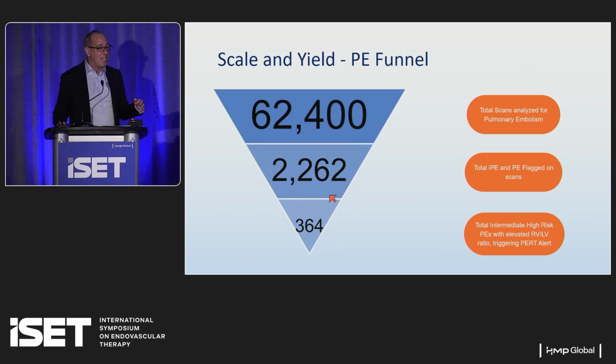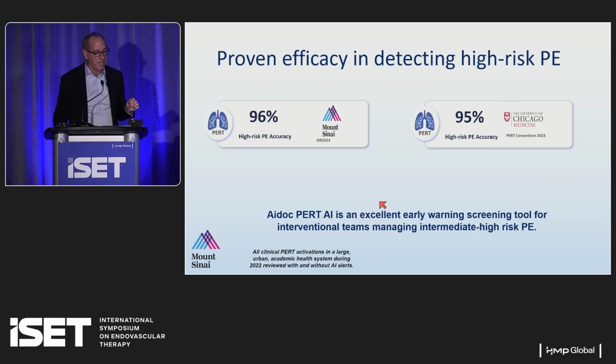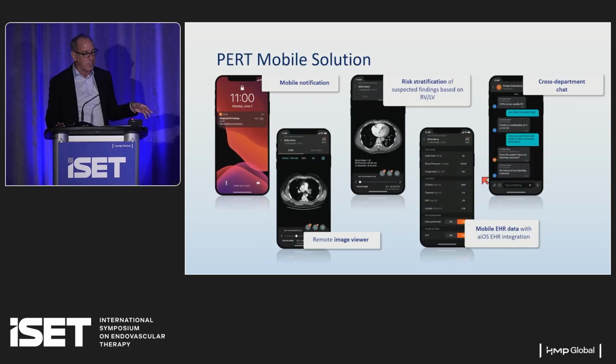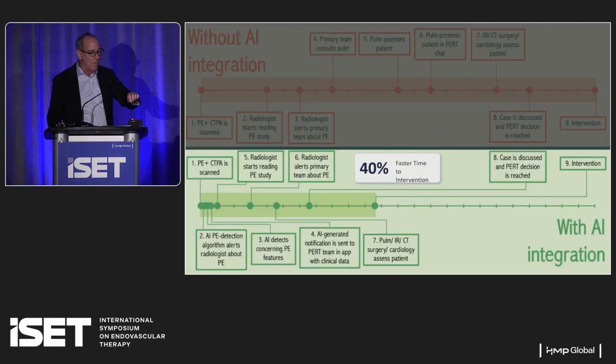All right. Now imagine if you were getting 2,200, which was all the positive PEs, you would absolutely throw your phone into the garbage. And so again, this is so transformative and disruptive that we've been able to figure this out. Again, the high risk accuracy is extraordinarily high, not just our experience, this has been repeated at the University of Chicago. It's all curated on your phone, and it's all stored on the server in your institution that you can download and be able to aggregate. And I'll show you a couple examples of it before I close out.